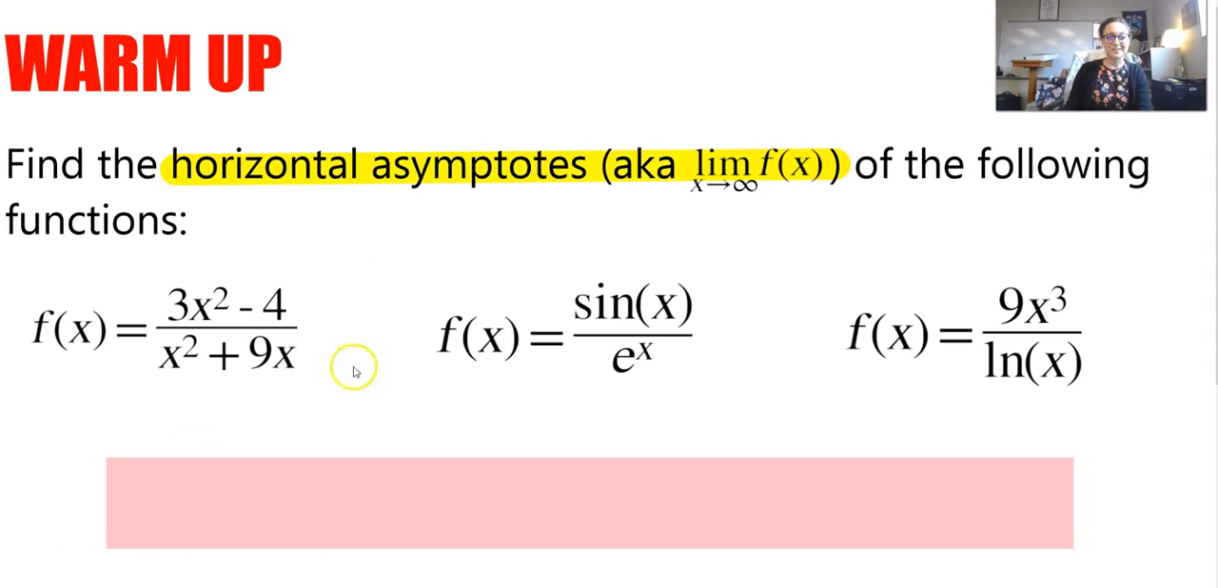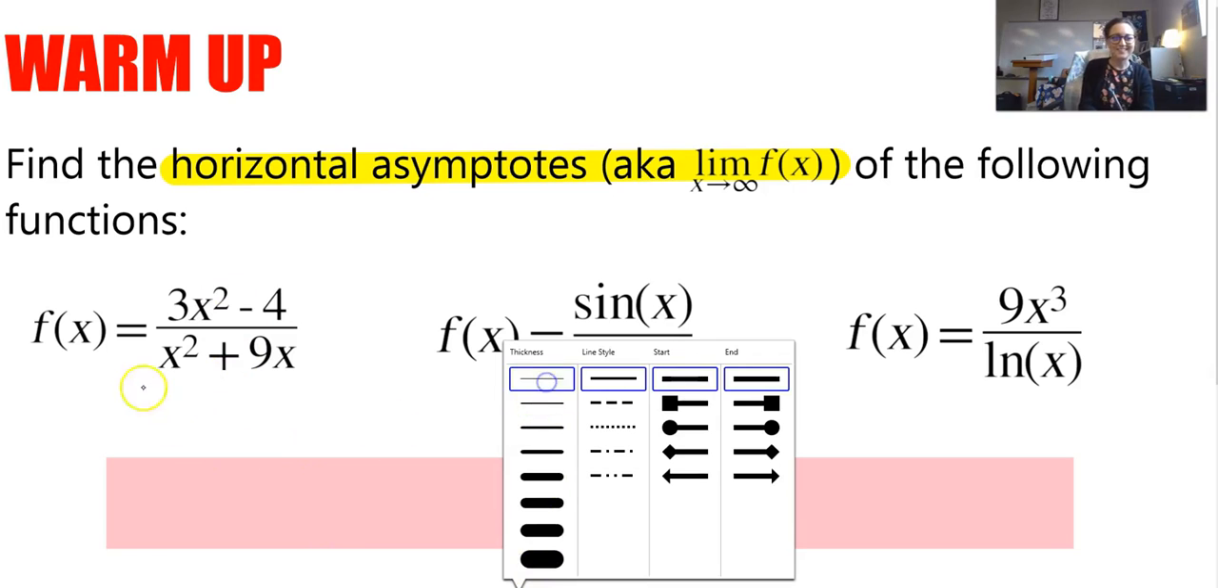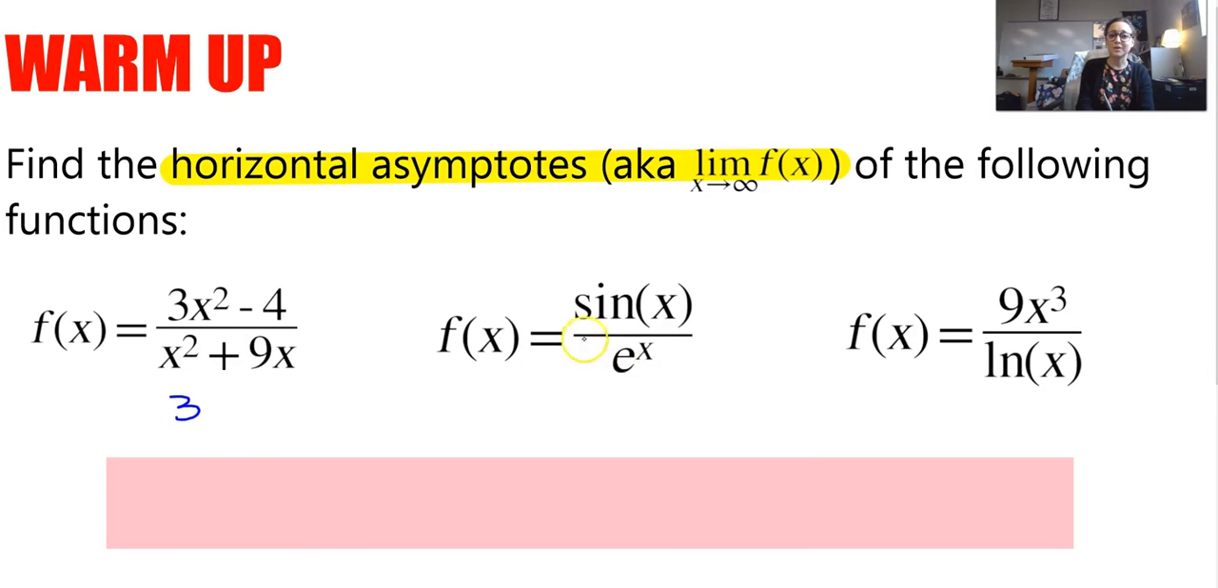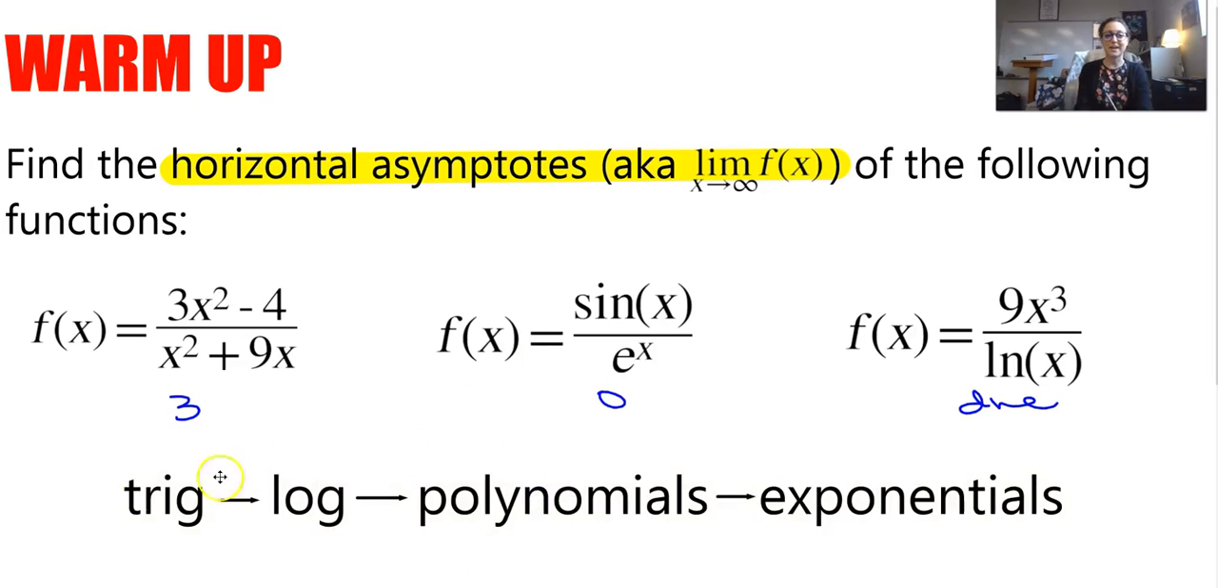All right, so for the first one, you've got exponents are the same, so the limit at infinity should be 3. For this one, you've got bigger on bottom, so the limit at infinity should be 0. And for this one, you've got bigger on top, so there is no limit at infinity, or we can put D and E. If you need a reminder, remember that trig grows the slowest, and by trig I mean sine